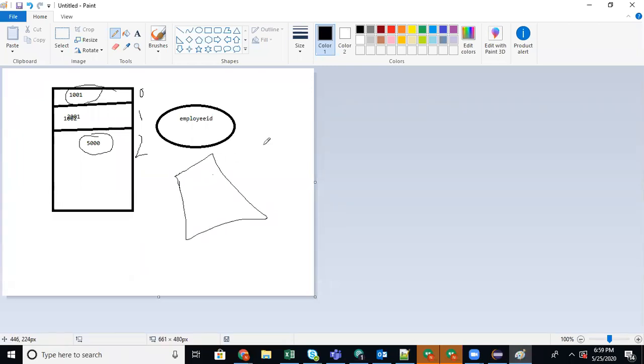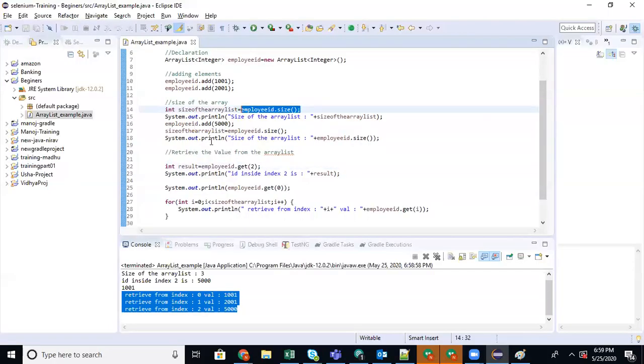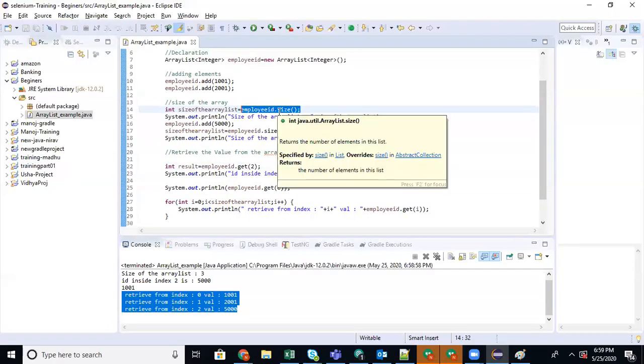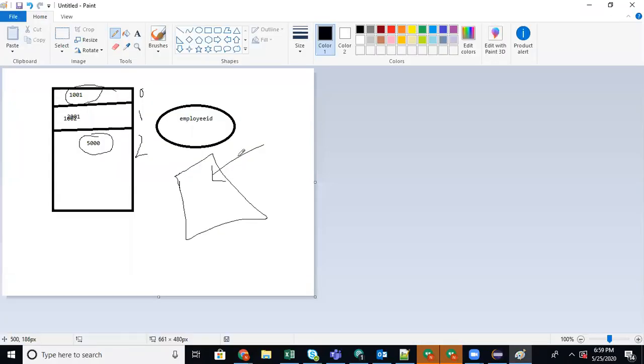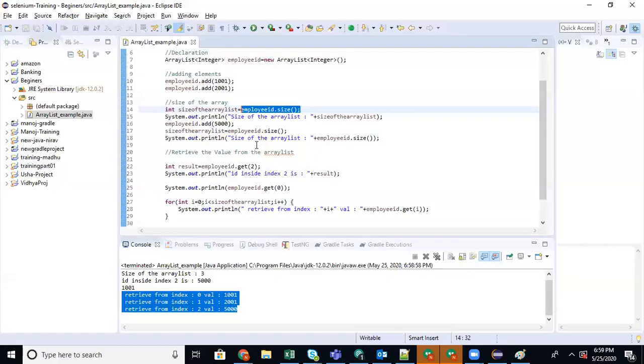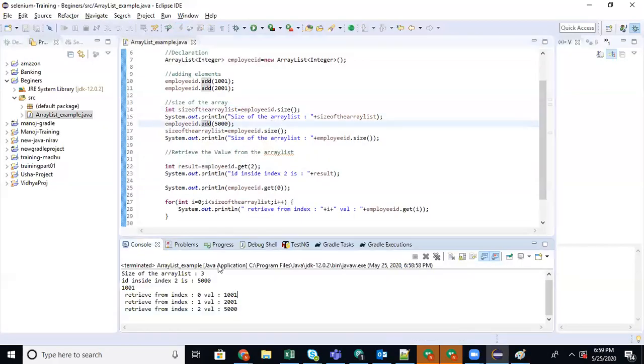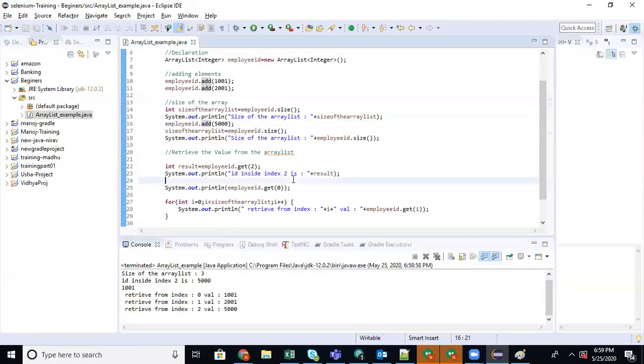That particular value will be saved here. But after that, I added another value, so the size counted is increased by 1. That new value will not be updated in this location. So I have to update the new value. Then only you will be able to read all the values. That is the thing.